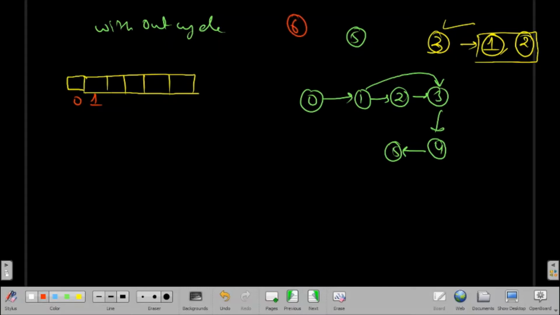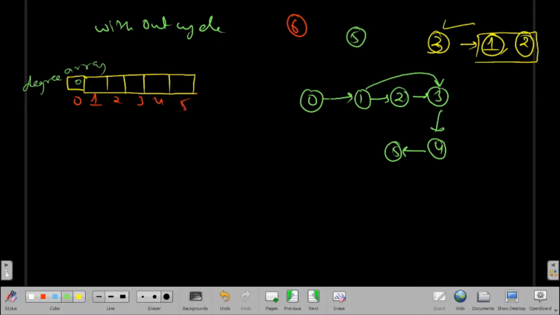So we have indices 0 to 5, and we will count the in-degree of each course. For completing 0 we have 0 courses, so we add 0. This is the degree array, where we count the number of degrees for each node. For node 0 we have 0 prerequisite courses.